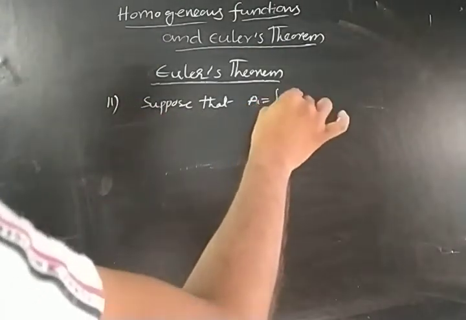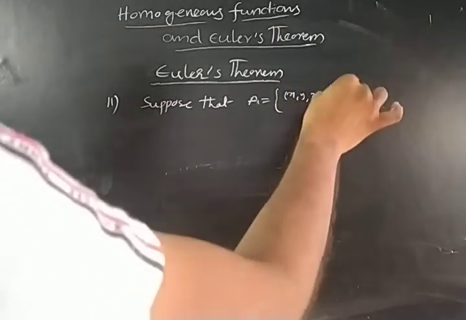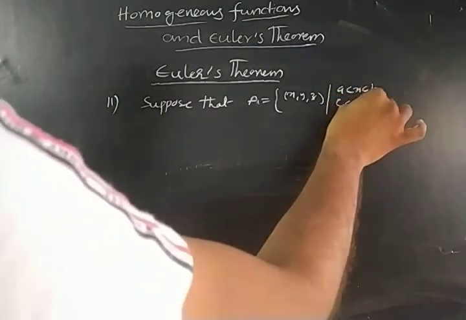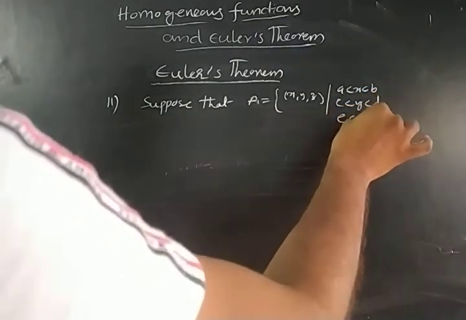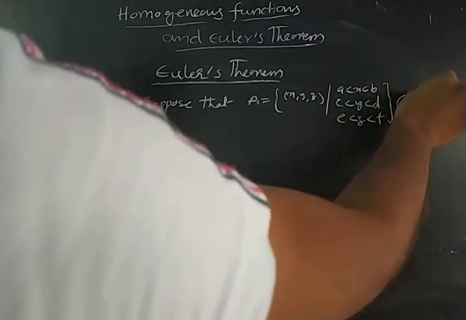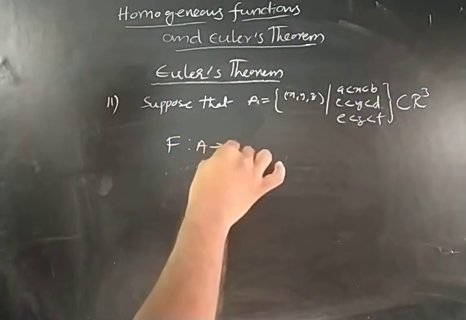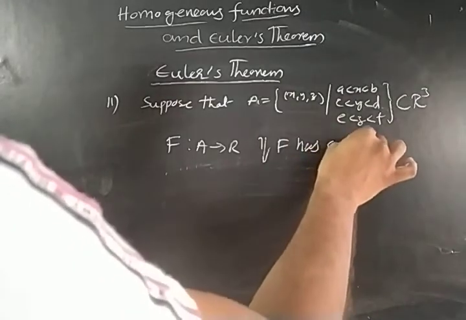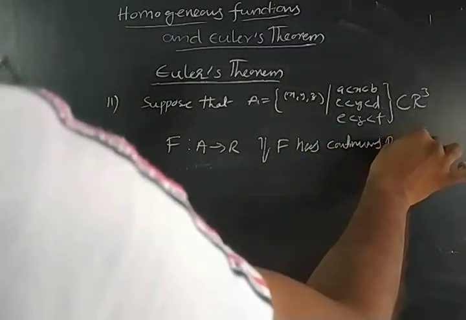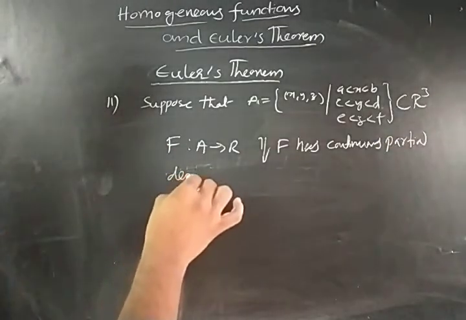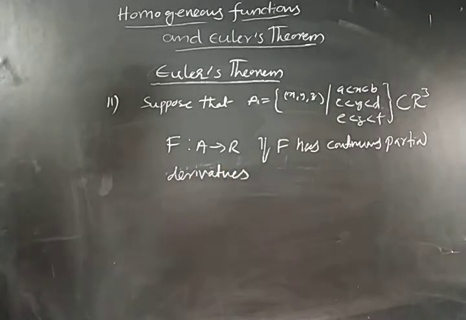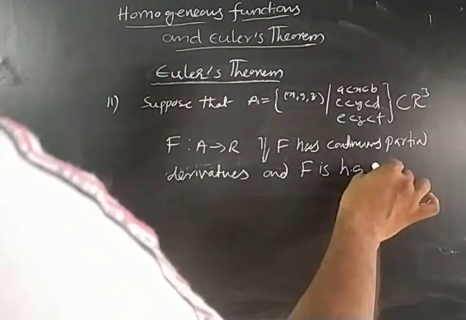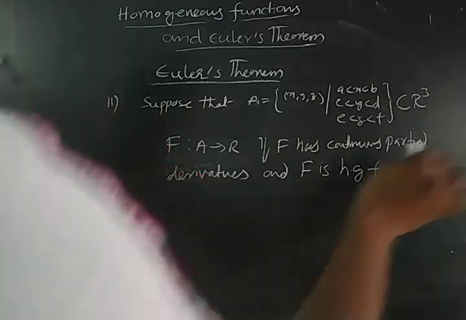Let me take a set A which contains x, y, z, where x lies between a and b, y lies between c and d, z lies between e and f, which is a subset of R cube, and f is a function defined from A to R. If f has continuous partial derivatives and f is a homogeneous function on capital A with degree p,